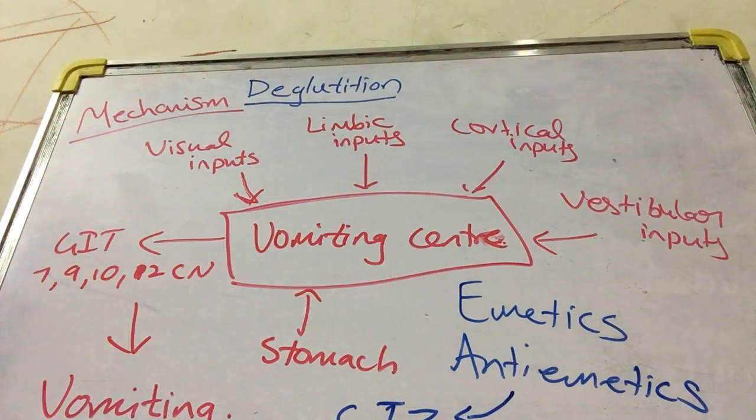So this is in brief about deglutition, which includes the esophagus, deglutition proper and vomiting. The main function of deglutition is to grind the food particles, to maintain dental hygiene, to increase the salivation and to cause lubrication of the oral cavity. And in stages, you should remember the oral phase, pharyngeal phase and the esophageal phase. And you should remember the events that occur in each phase of deglutition.